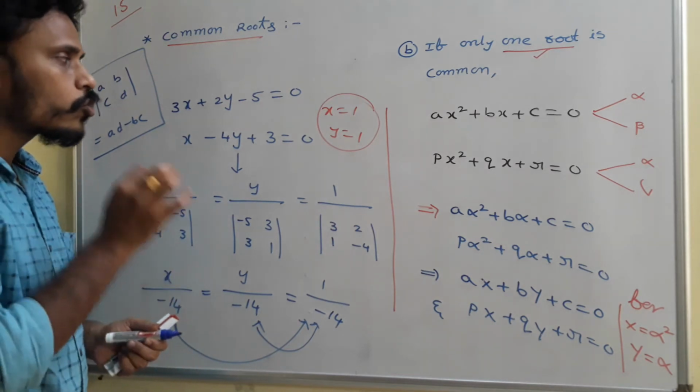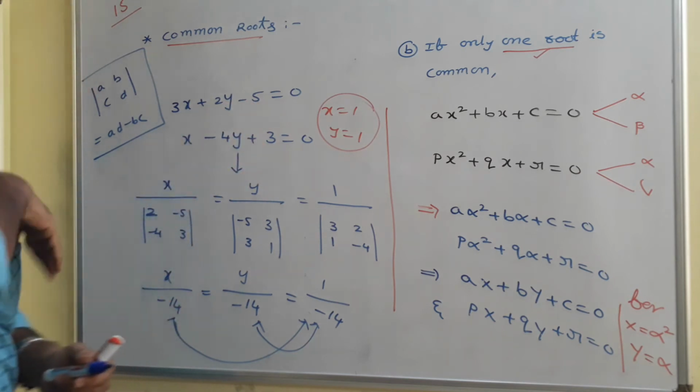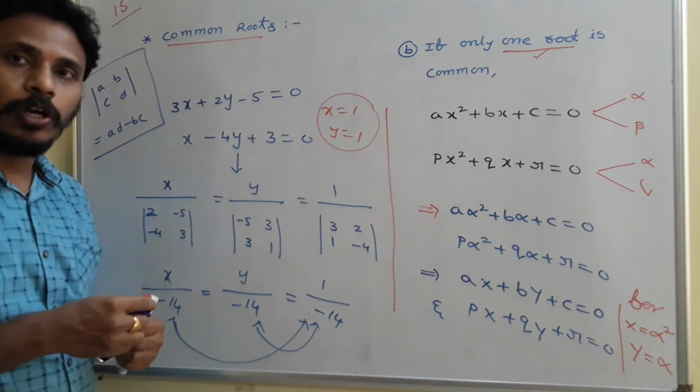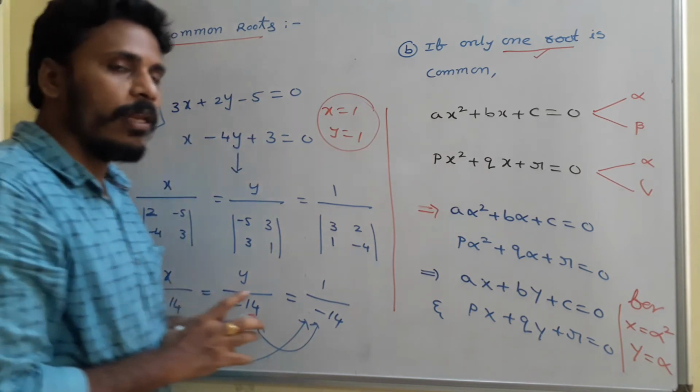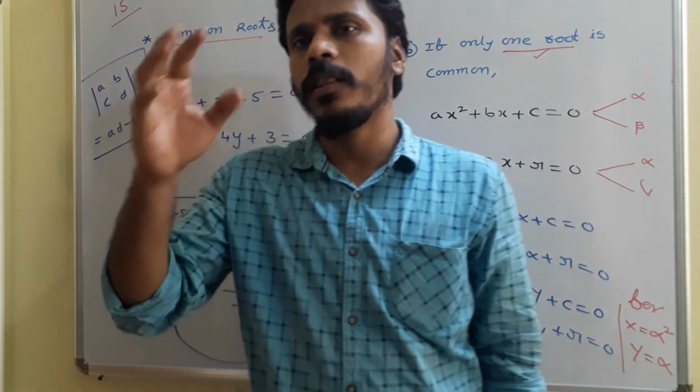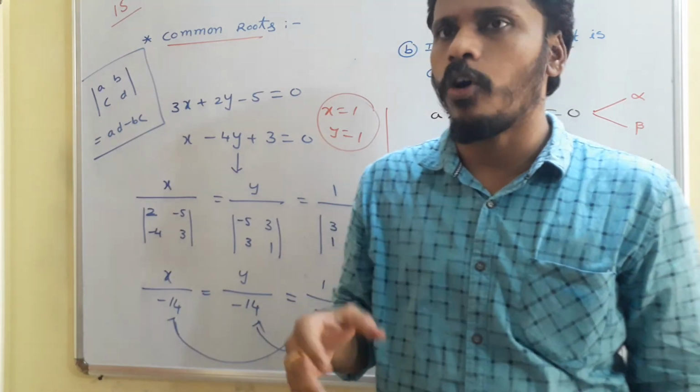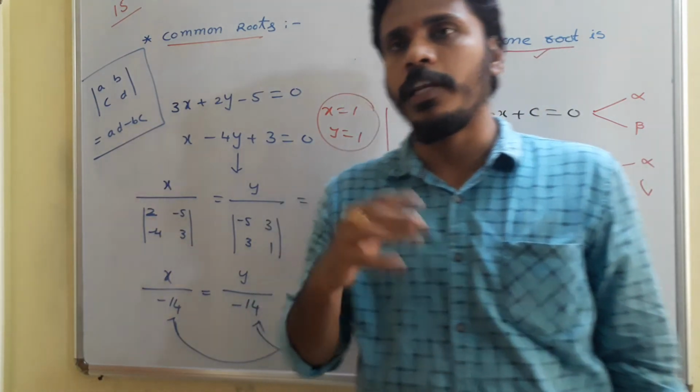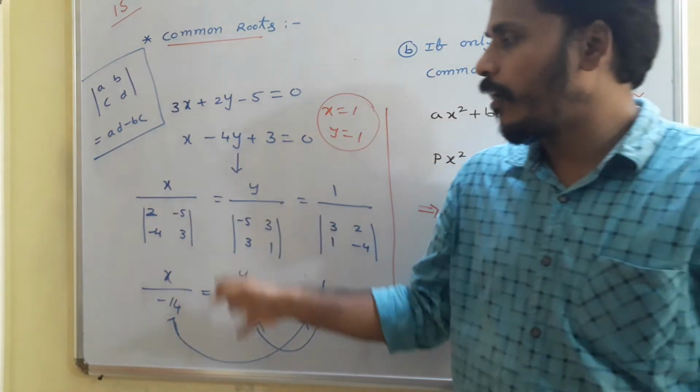So to solve two linear equations in two variables, we have this shortcut method. It helps you in many cases. Just observe it. Not only for quadratics, in many other situations we can solve this type of equations. So this is the way of solving.